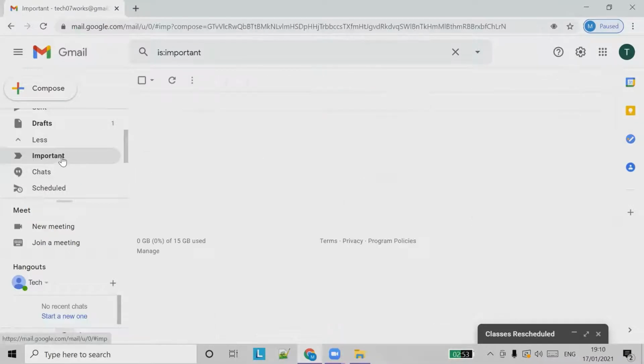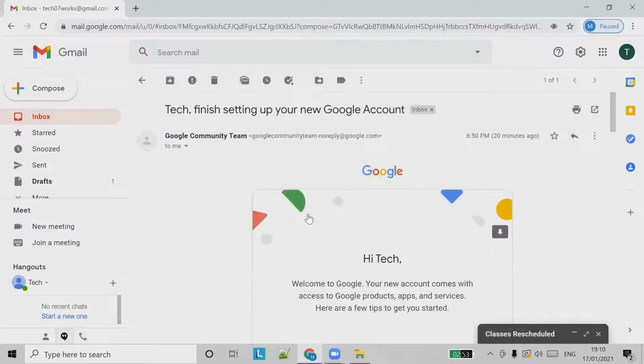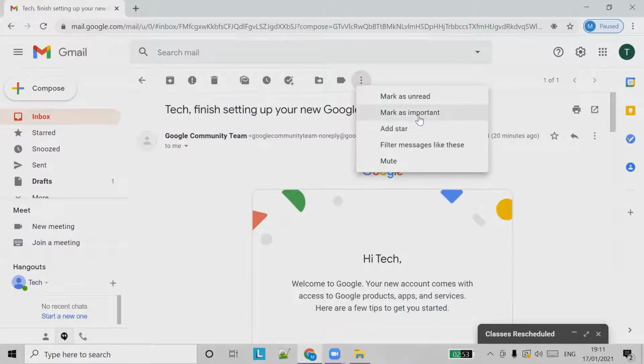you cannot see that email in the important inbox again, but still you will be seeing it in your inbox. As this email is sent by Gmail, they have already set the email as important. Instead of that, you can set it yourself as important.